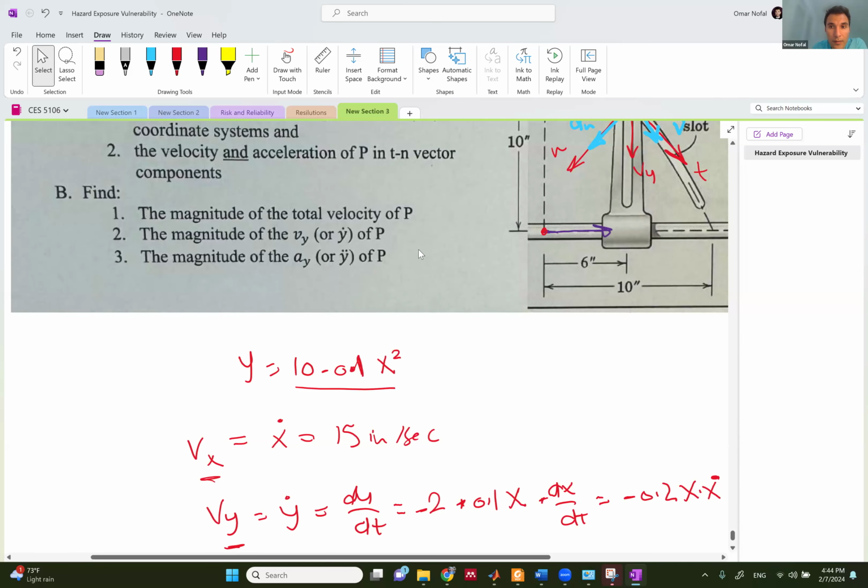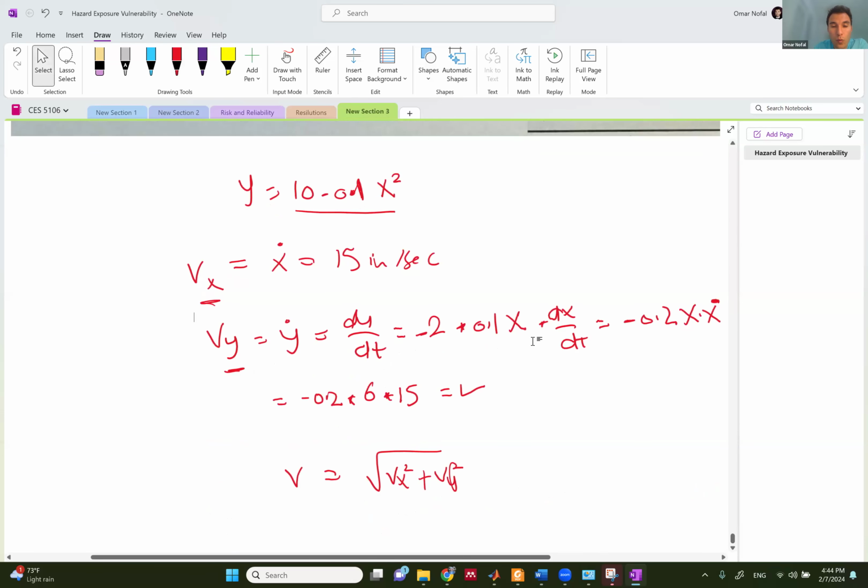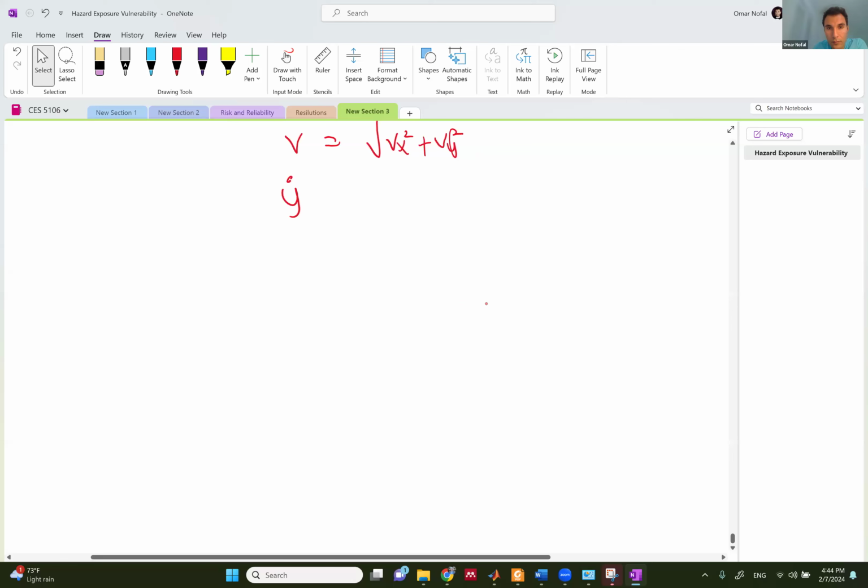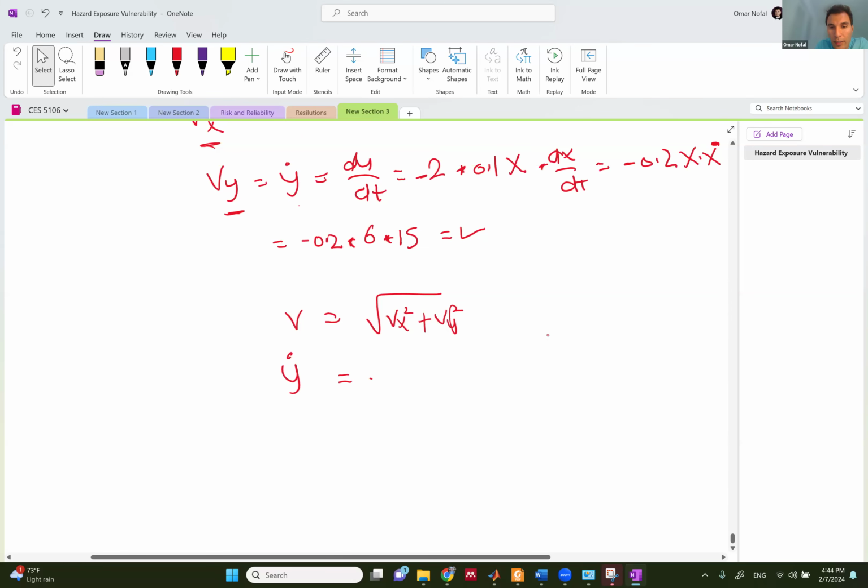So the thing is, I need to get the total acceleration so that I can get Ay, or I just get the second derivative of y. So I have already y dot is equal to negative 0.2 multiplied by x multiplied by x dot. So I have two terms to differentiate here. So y double dot is going to be the derivative